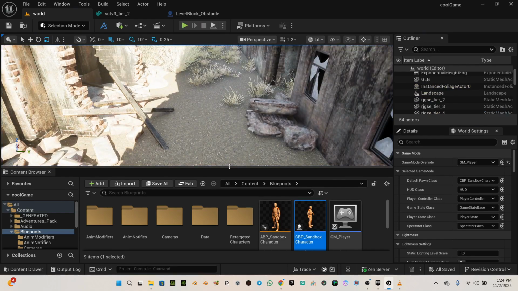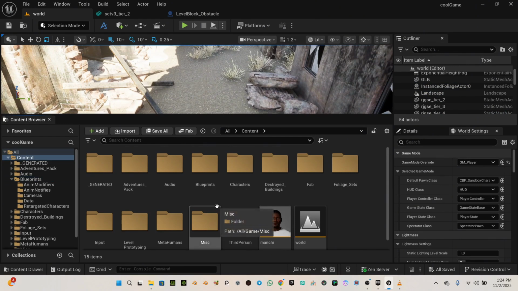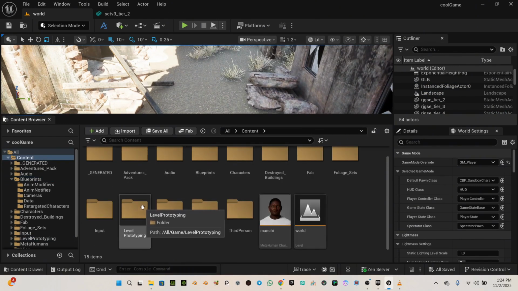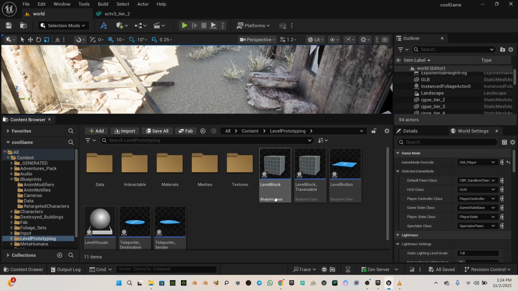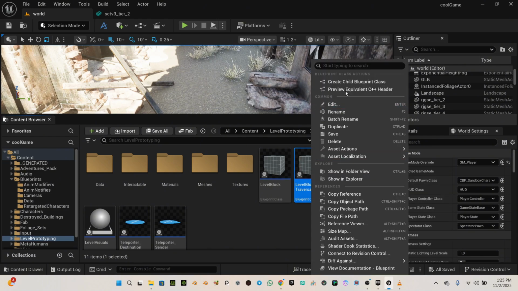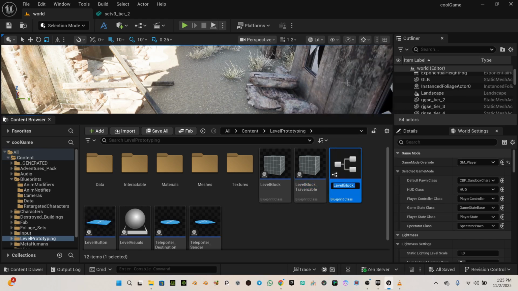So to do that, we're going to have to go to the level prototyping folder. We're going to open that up, and we're looking for level block transversal. So we're going to take that. This is the block that helps the character know how to interact with the obstacles in your scene, right? So we're going to right click on that and create a child blueprint class. Click on that child blueprint class, and then we can name that what we want. So I'm going to name that